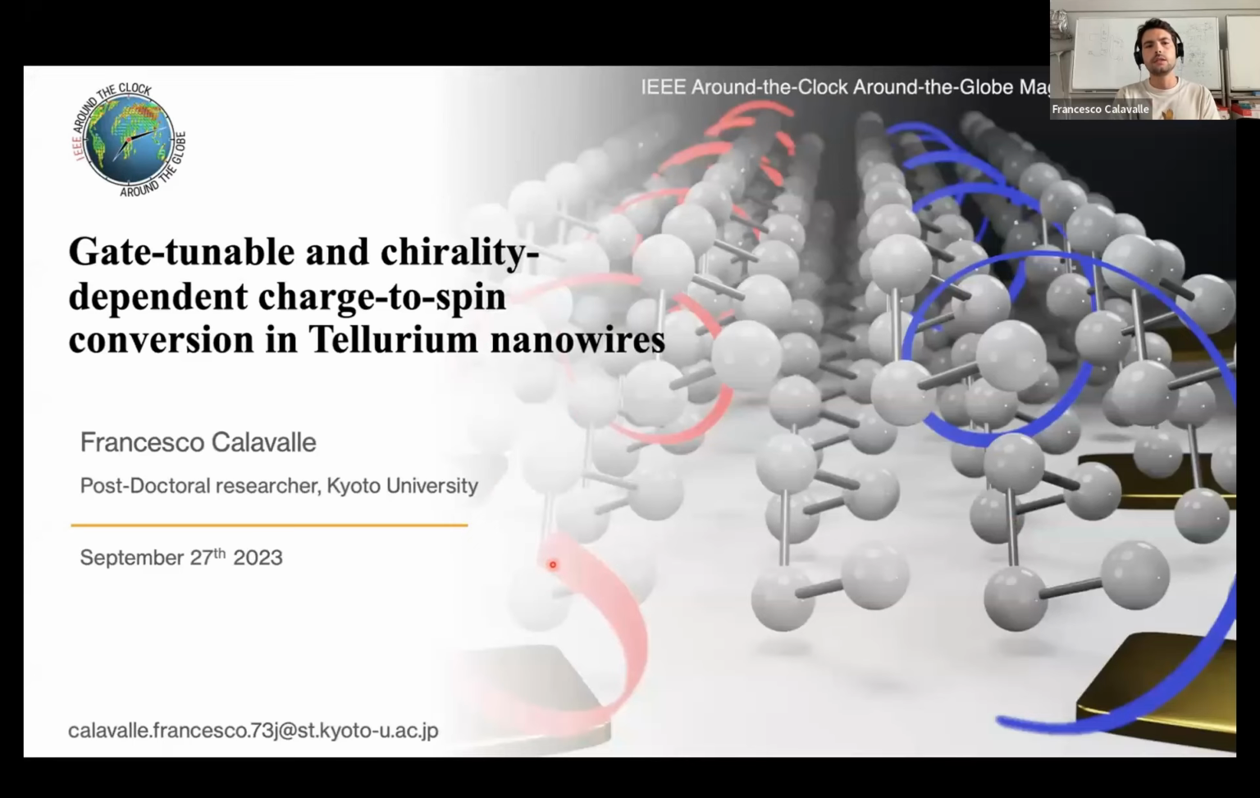The title of the talk is Gate-tunable and chirality-dependent charge-to-spin conversion in tellurium nanowires. We will see that also in this case, we will tackle the relationship between the symmetries of a material, in particular the symmetry breakings, and the charge-to-spin interconversion phenomena, how this affects the transport of spin or the generation of spin in these peculiar materials. And we were studying this because in